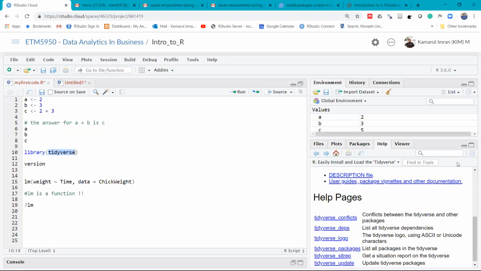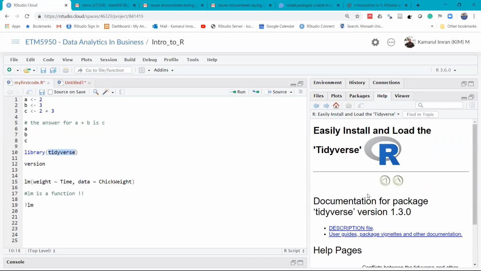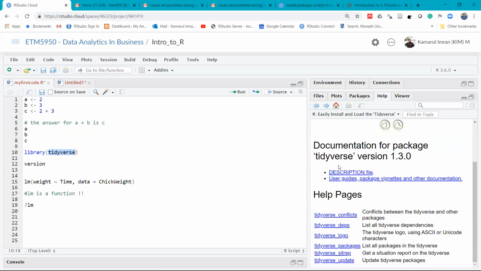And it will tell you that it has a description file, some conflicts, and some other information. Tidyverse is a big package, right? It's a big package, so they can't put everything inside a small help file, right? So the other way